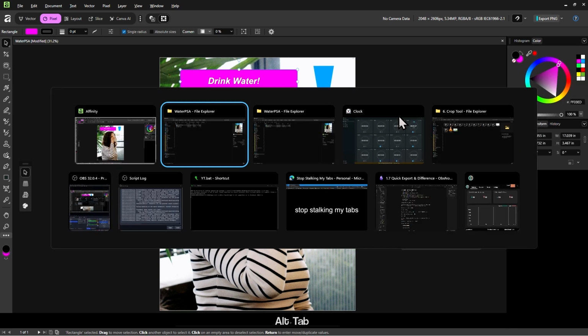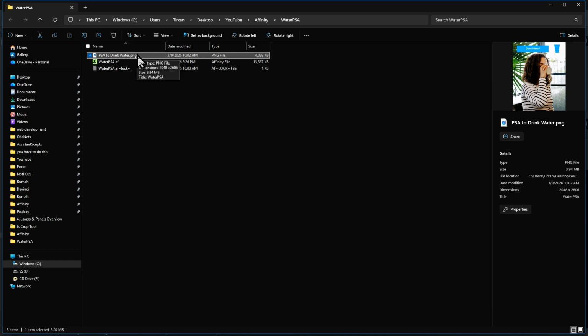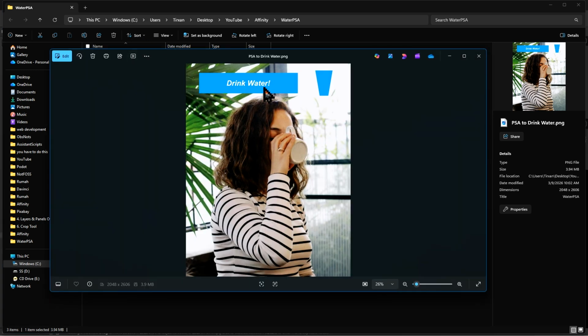But if we open up that image we exported, or .png file, as you can see, there's nothing we can really do to it right now. There's no move tool here to move around the rectangle or the text. There's no color panel, no layers panel. It's done. It cannot be edited anymore.